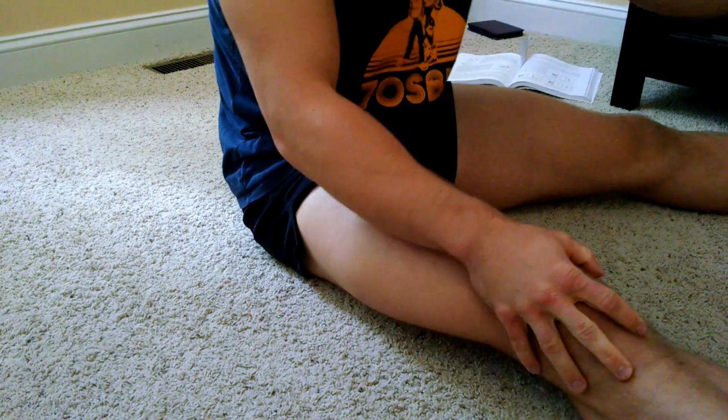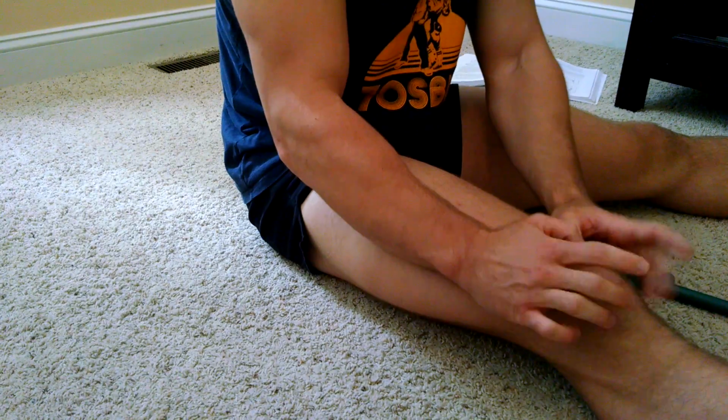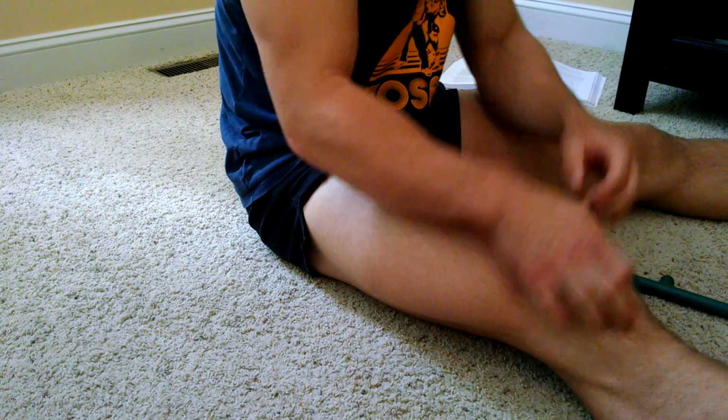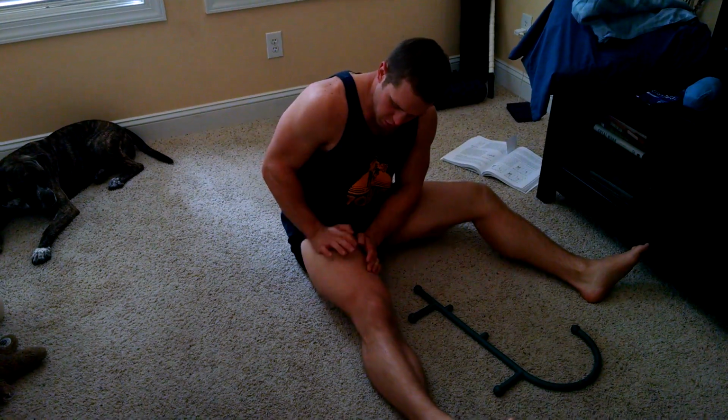The first time I did this, when I stood up, my knee pain was gone in this particular knee, and this is the knee where I get more pain than I do in my left one. So hop back up. So basically, we're just working on hitting the 4 quadriceps,